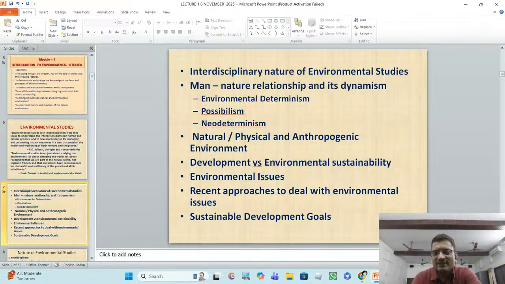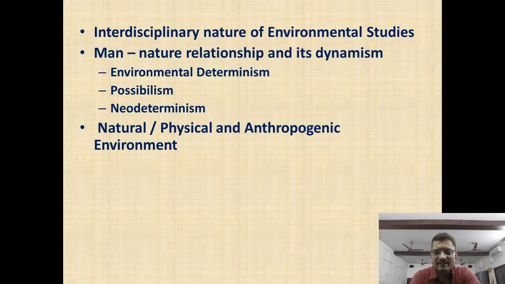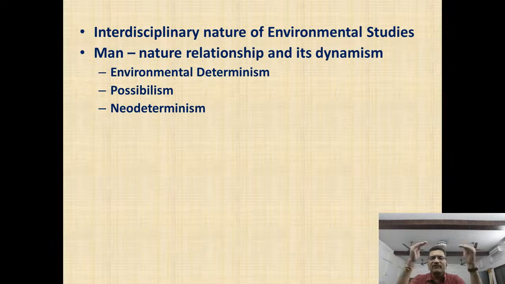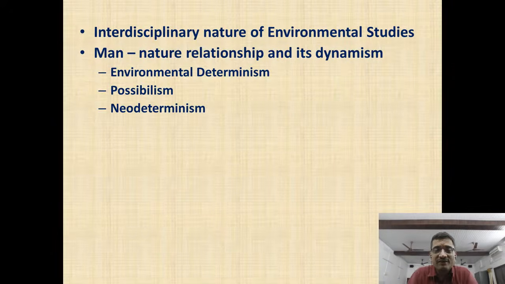So when nature is adverse, it's just like a traffic signal. When nature is adverse, we should stop. That means we should stop using the resources. We should stop fishing. We should stop cutting the trees. We should stop exploiting nature. But when the environment becomes favorable, when it turns to green light, for example, we should start using it for our